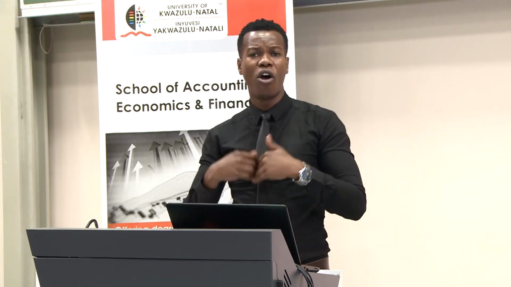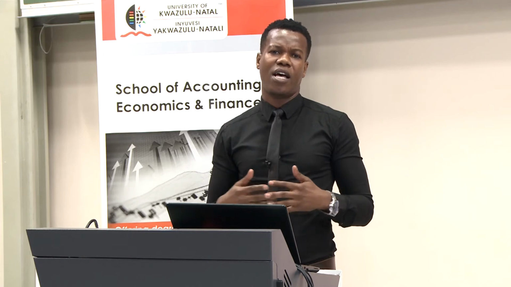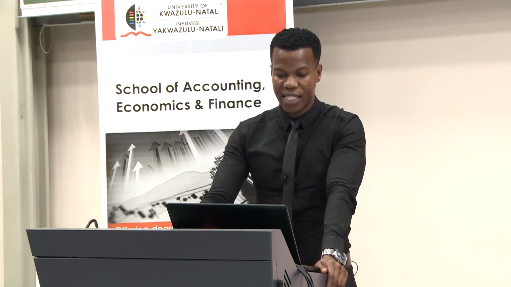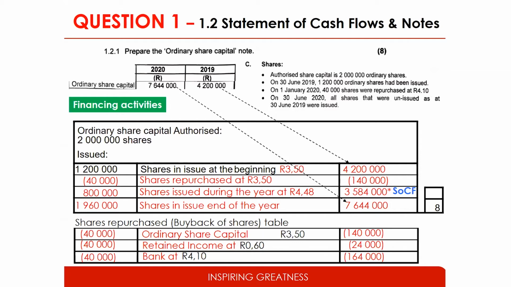We will understand that businesses have got retained earnings. They keep money for various reasons. It could be expansion, it could be the buying of fixed assets, opening another branch and so forth. So that money is what we call a retained income. They retain that amount. So the excess amount needs to come from there. And that is the 40,000 shares at 60 cents, which is 24,000 Rand.